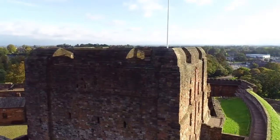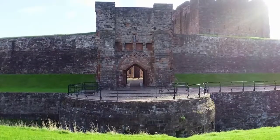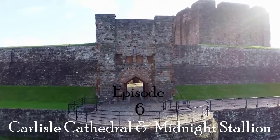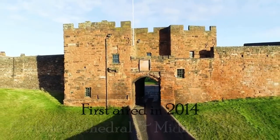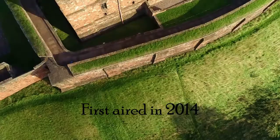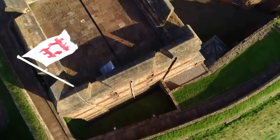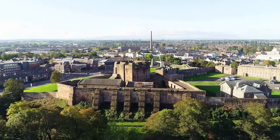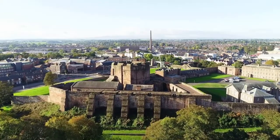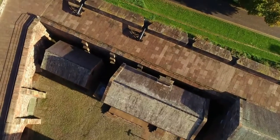Well, hi there folks, and welcome to Carlisle Castle, which is situated, oddly enough, in Carlisle, the English county of Cumbria. To give you a little bit more perspective, it's near the ruins of Hadrian's Wall, if that means anything to you. The castle is over 900 years old and has been the scene of many historical episodes in British history. It was built during the reign of William II, the son of William the Conqueror, who invaded England in